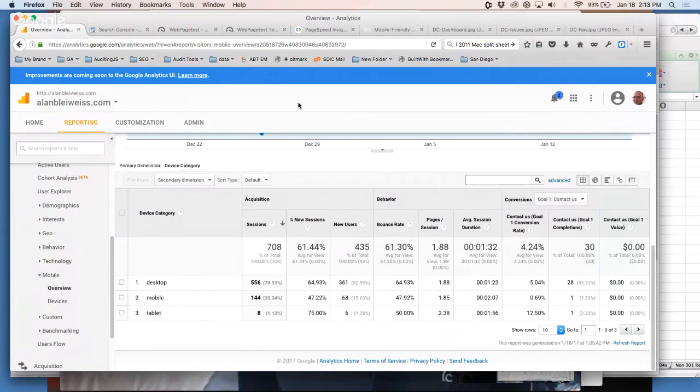So the core concept of a site audit is going to apply regardless of how big the site is or how many visitors they get. But it's going to vary in some ways as well, right? A 50-page website might not necessarily have the same kind of challenges that a 5 million page website would have.